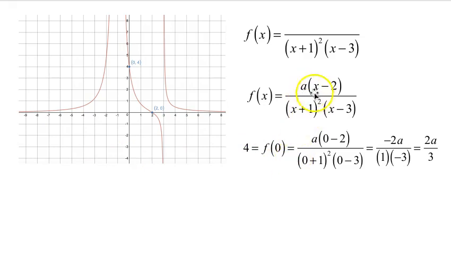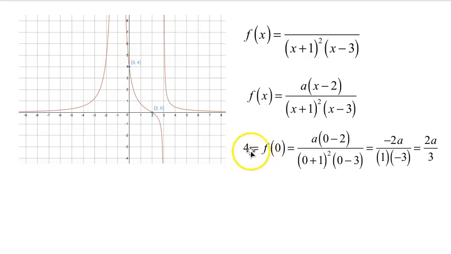Plugging in 0, a times 0 minus 2 over 0 plus 1 squared times 0 minus 3. 0 minus 2 is -2, times a upstairs. 0 plus 1, 1 squared is 1. 0 minus 3 downstairs is -3. -2 over -3 becomes 2/3. So plugging 0 into this function, we get 2a over 3,